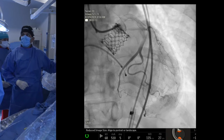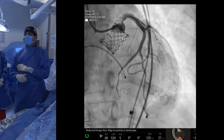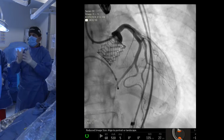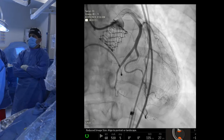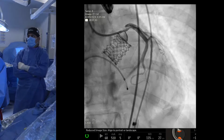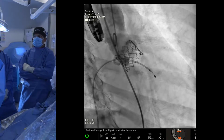So this tells us that we have reasonable coronary clearance from the STJ, but when you add volume to a 23 and expand, we really don't know how much that STJ is going to be closed off. So it becomes very important that we do not match inflow to inflow here. We actually go slightly deeper. Yeah, so the idea is to go at the outflow of the next valve